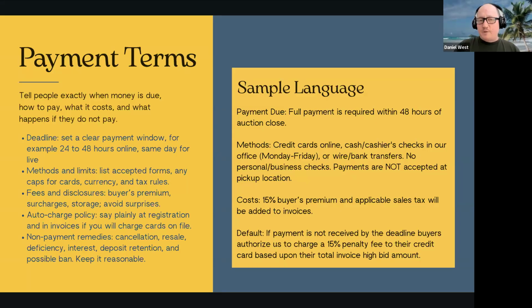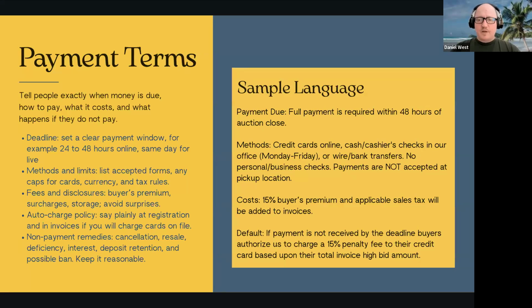For example, if you're a smaller auction company, you might say, any invoice below $2,000 you can pay with a credit card online. But anything above that, you're gonna have to come into the office. If you're a larger one, you might set the limits at $20,000, $30,000. Of course, this is discretionary, and it's something that will be based upon your own experiences, your own risk tolerance, and all of that. But you do want to specify regardless which forms of payment are acceptable.